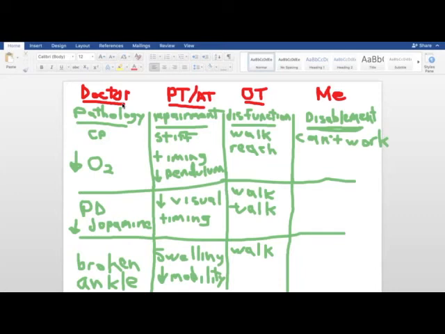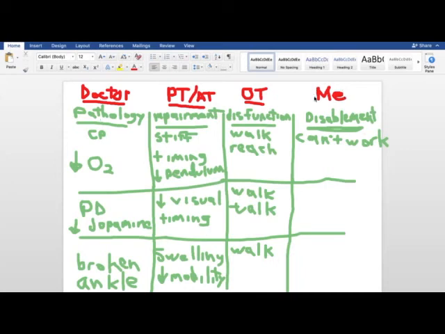So as you go further into your career, what I would suggest is figure out where you fit in. Are you trying to work at a pathology level? Are you trying to work on reducing impairment or increasing function, or somebody who's like a caseworker, or even maybe a psychologist, or